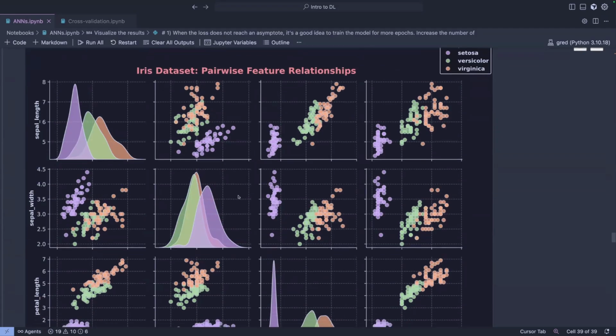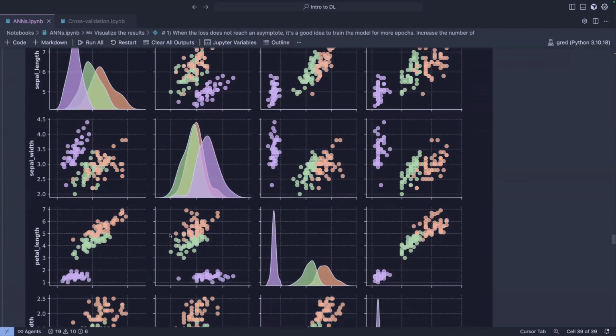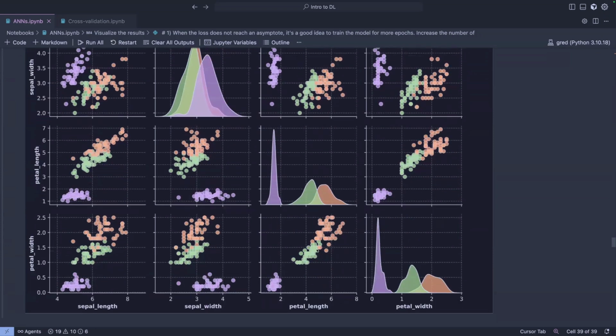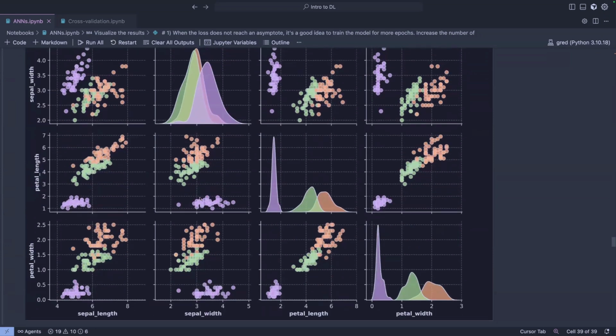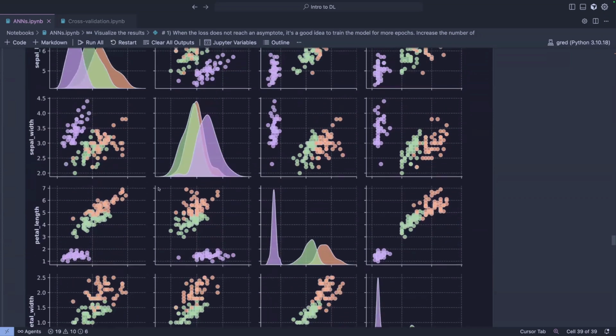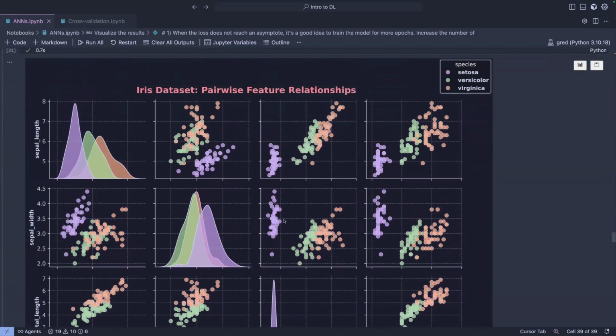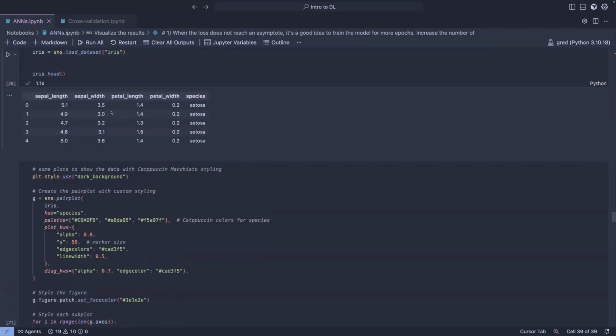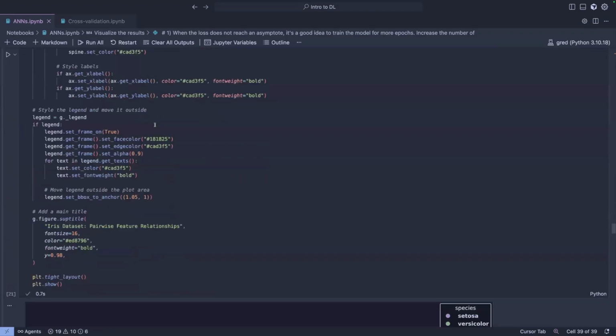And you can go and explore the features yourself. If you, for example, find that one feature is separating them well, maybe you can use it to make the classifier. But hopefully what you will see here is that there is no combination of features that is going to give you a very clean separation of all the species. So you need to train a classifier model to learn some patterns given all the features together, the four features together.